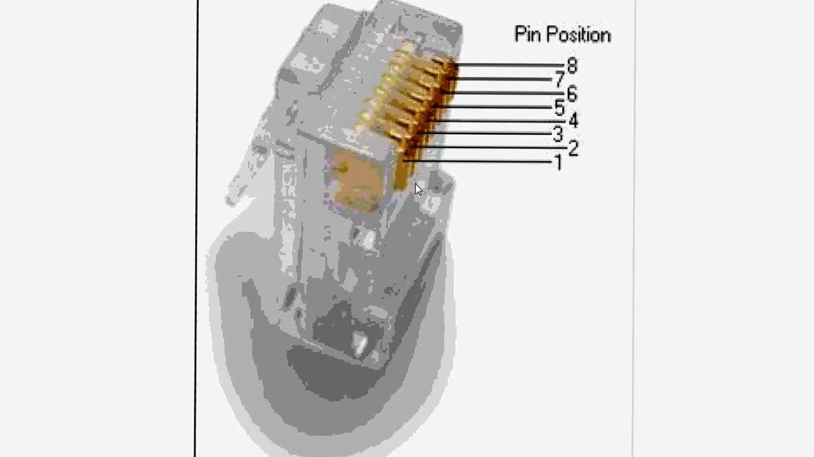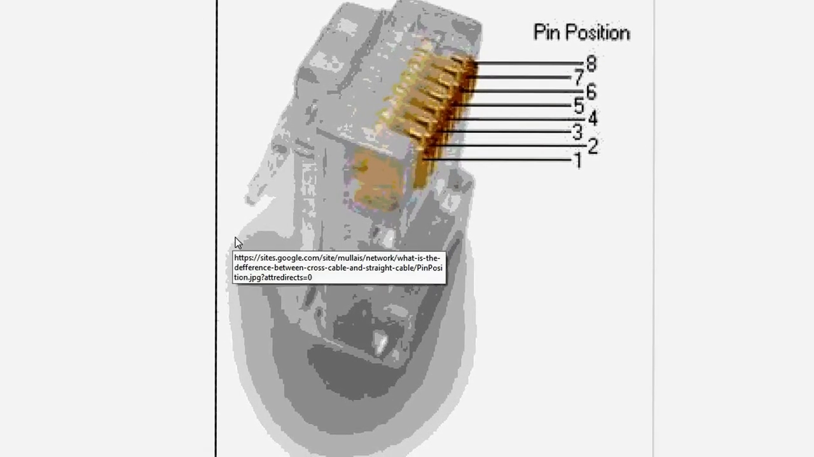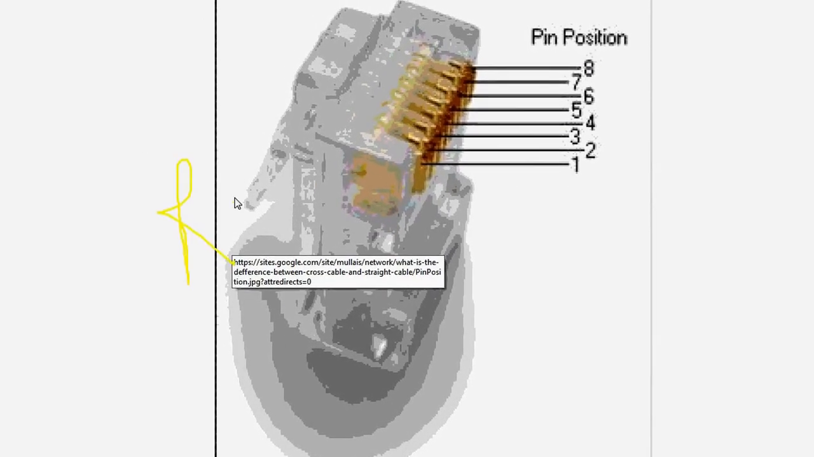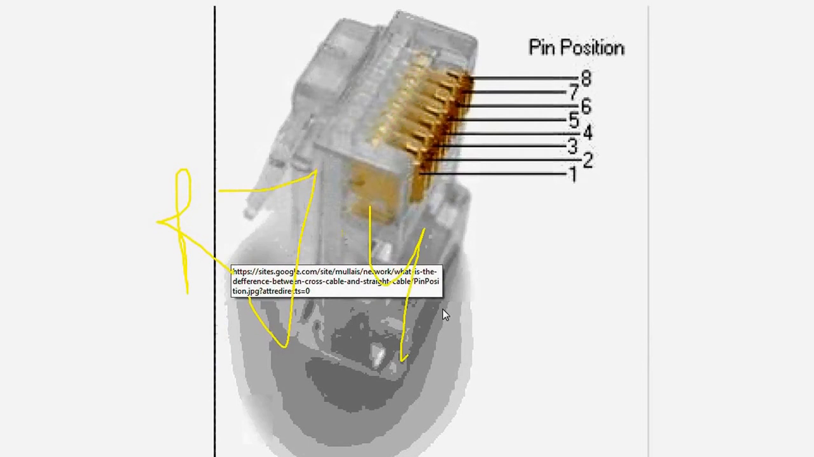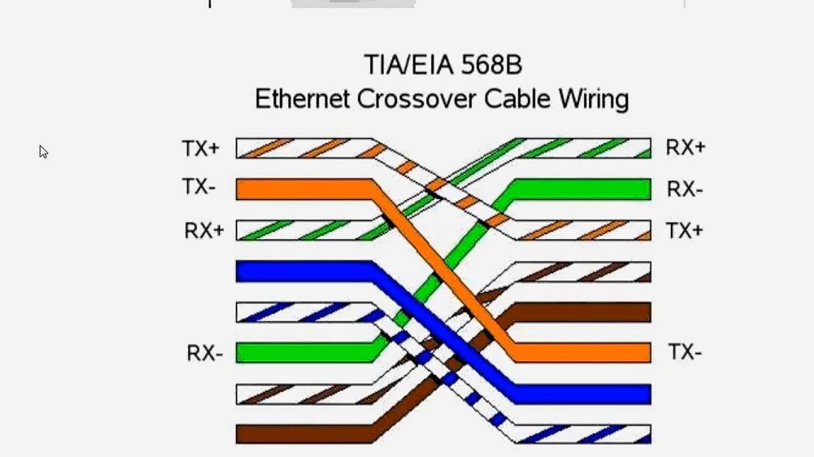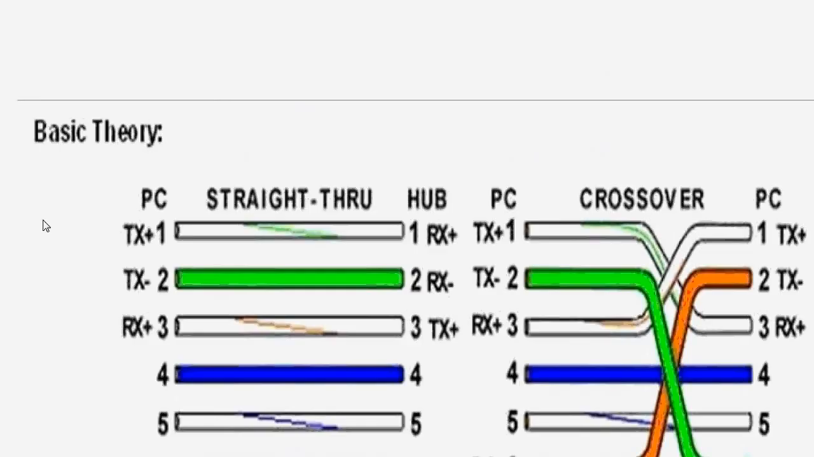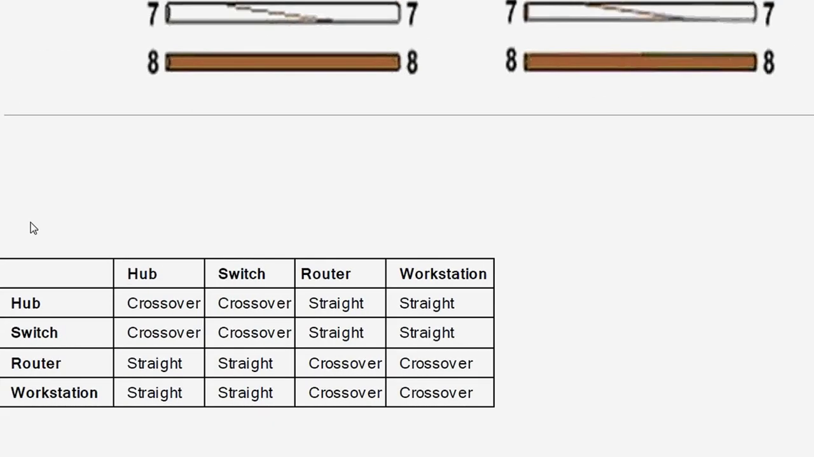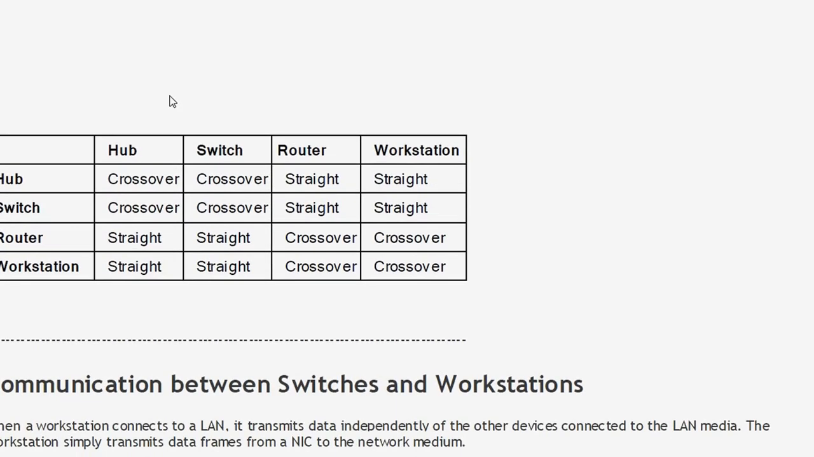Here are the 8 pins of this register jack 45, RJ45, and this is the parallel port configuration. Again, the parallel port configuration. This table shows